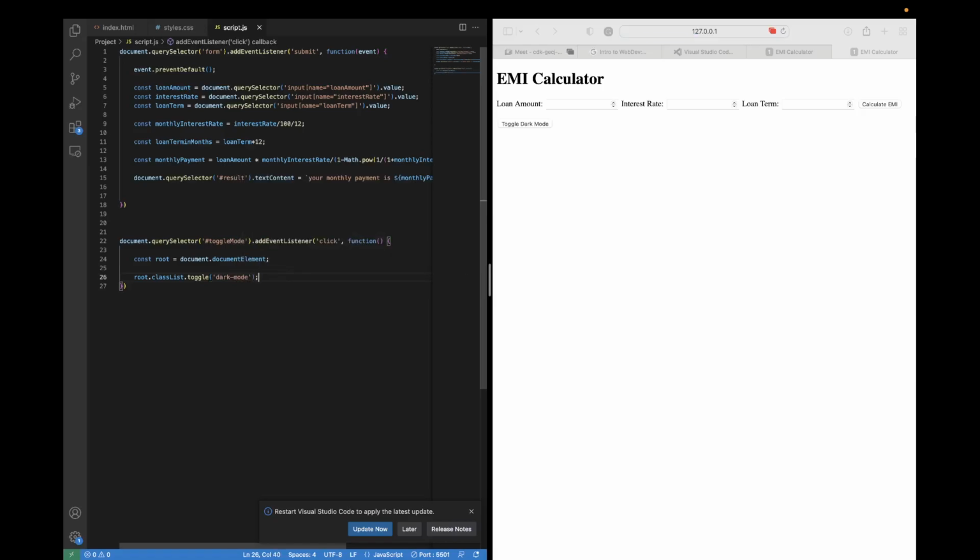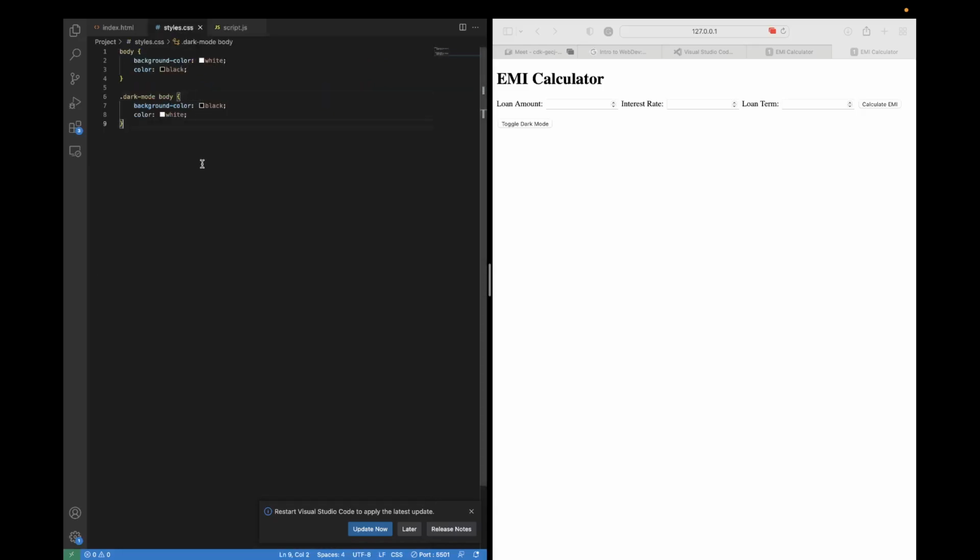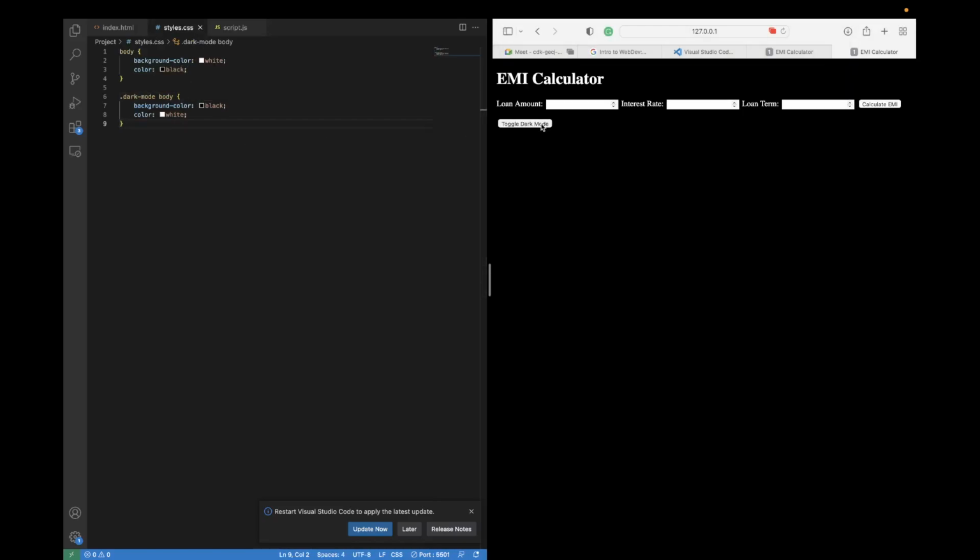Right? I think this should be pretty much right. Let's see if it actually works. Right, brilliant, it works. So we have it toggling